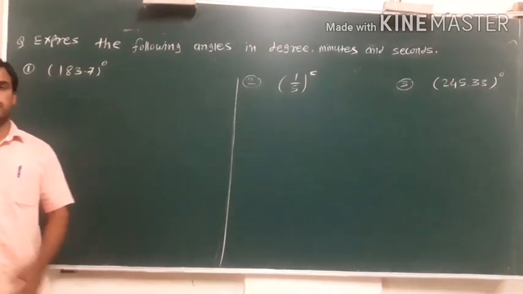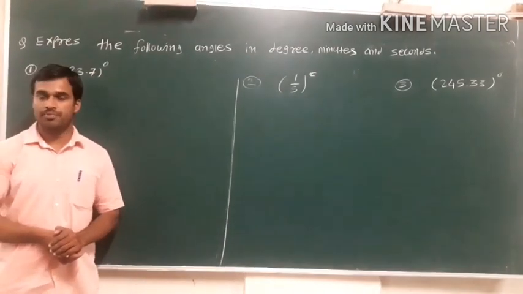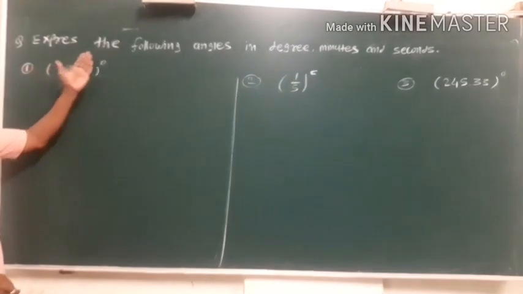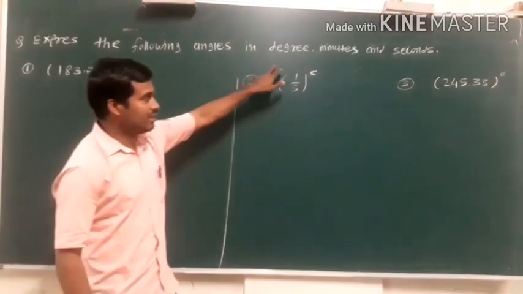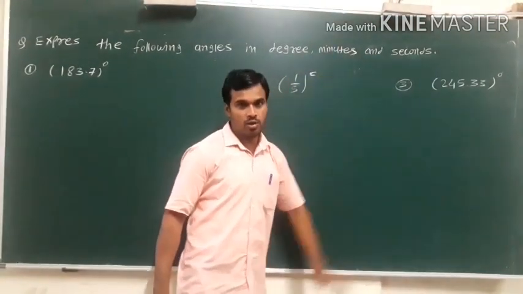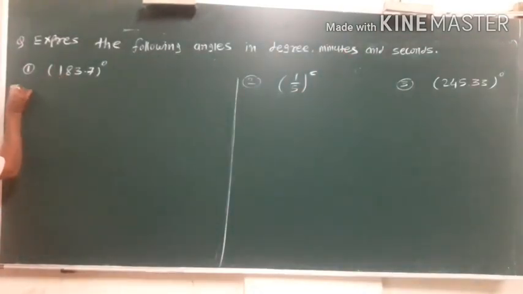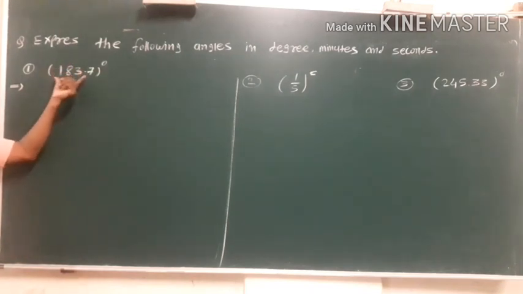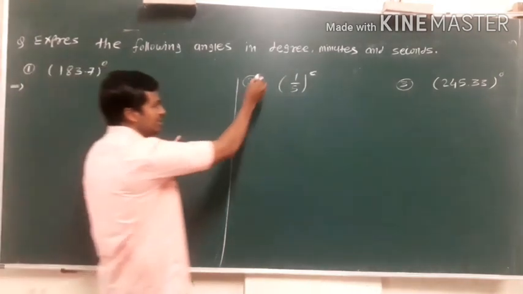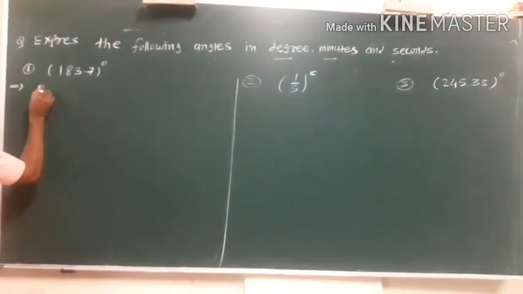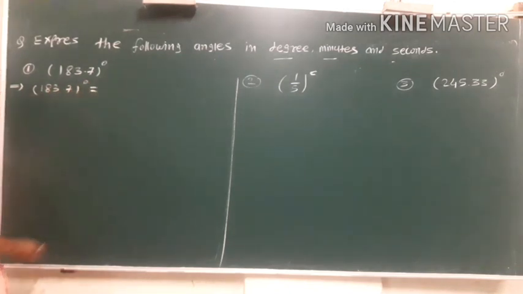Hello friends, today we are discussing the remaining part of the first topic, angle and its measurement. The example is: express the following angles in degree, minutes and second. The first example is 183.7 degree. This example converts to degree, minutes and second. So in this example, 183.7 degree equals to